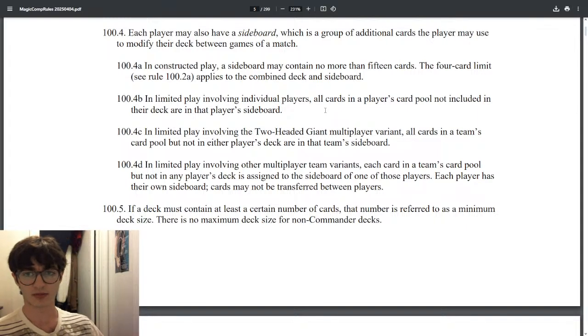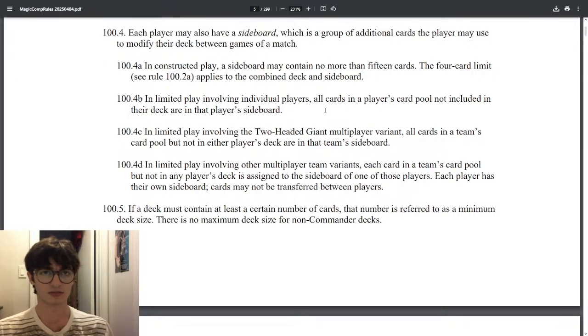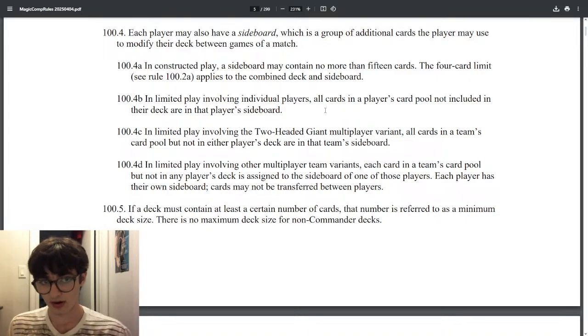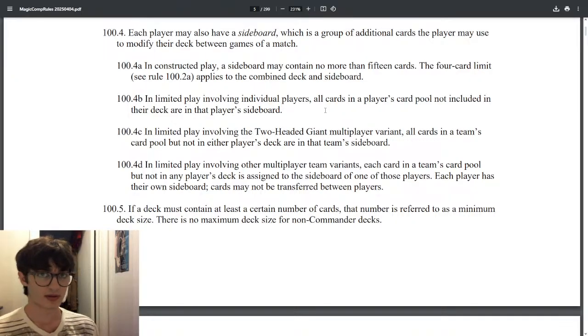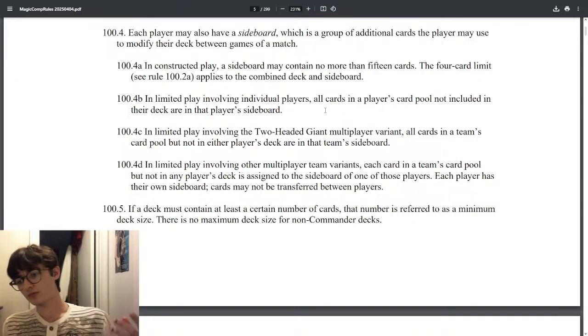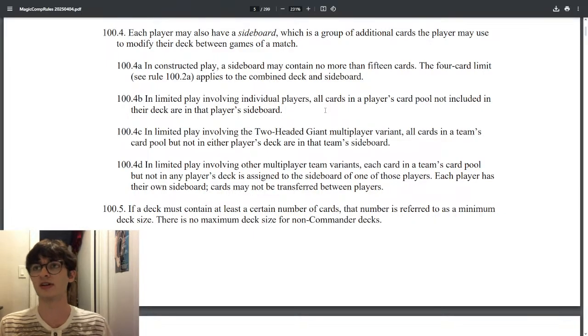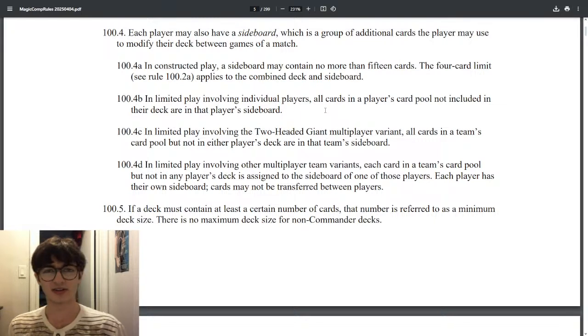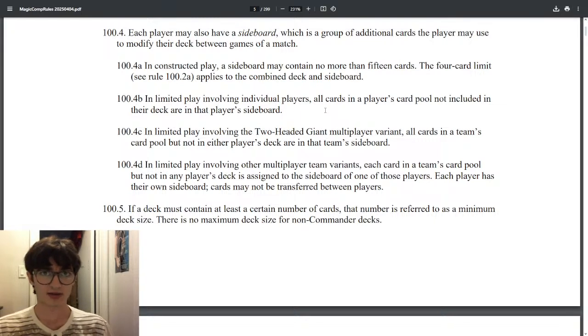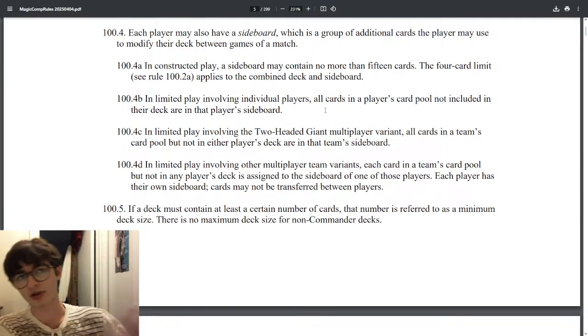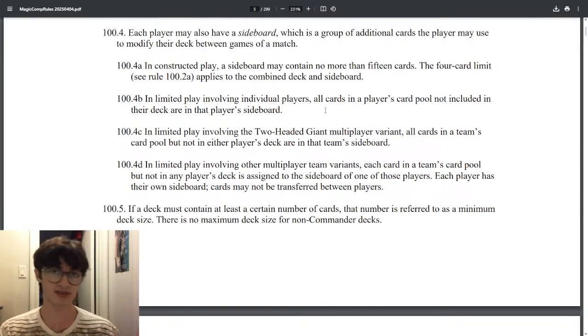If you make a deck in a draft or in a pre-release, that deck is your deck, and it becomes your library when you're playing the game. Anything outside of the deck is outside the game. Otherwise, it's your sideboard. So if you draft a bunch of commons that you don't use, let's say you drafted Aggressive Negotiation, and then you decide it doesn't make the cut in your Tarkir Dragonstorm deck, it goes off to the side, you put it in your box, you hide it from your opponent because they don't have to see that.